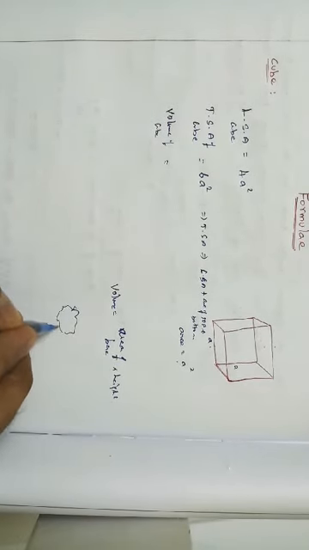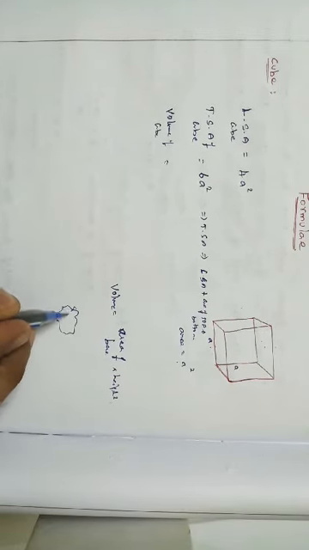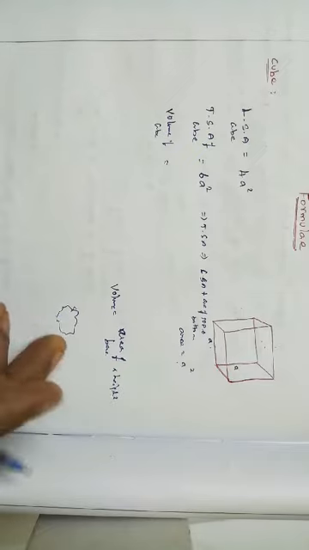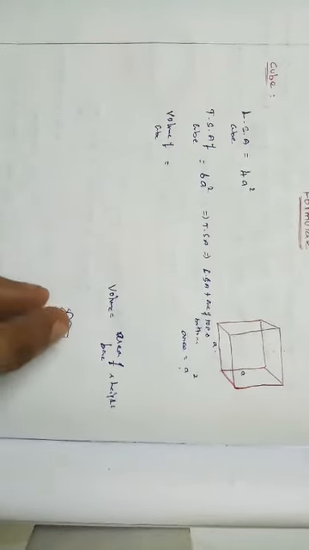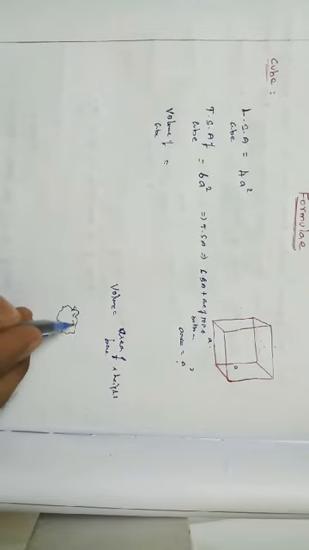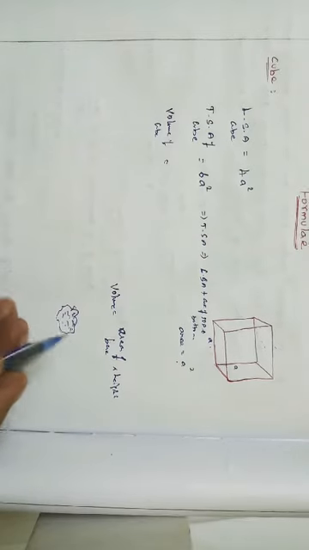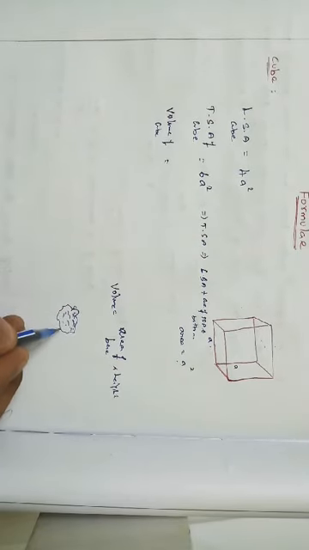Irregular, some area, right? This is an irregular area, and the area of this base into the height of the water. Suppose you want to calculate the volume of water in this particular area. How will we find it? It's very simple. It's an irregular shape. If it is regular, it will be very easy.